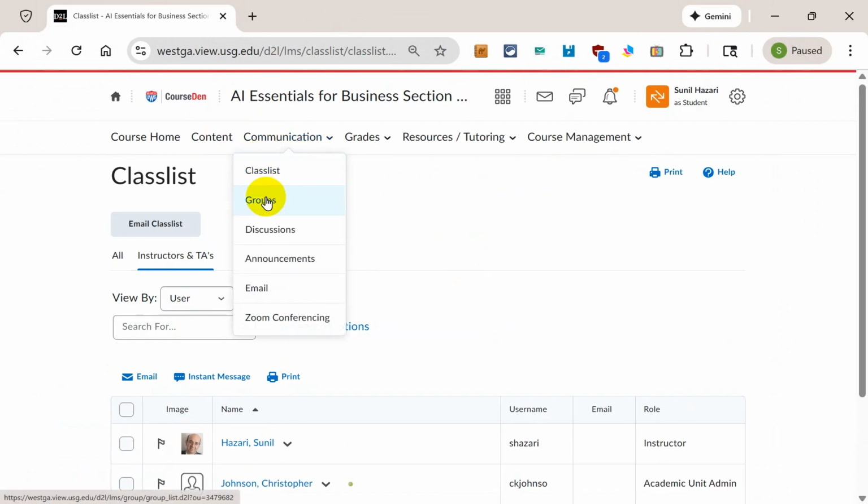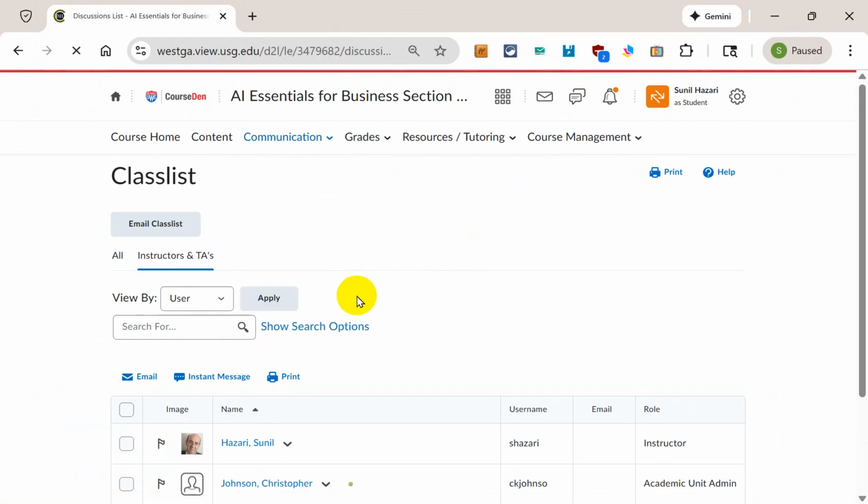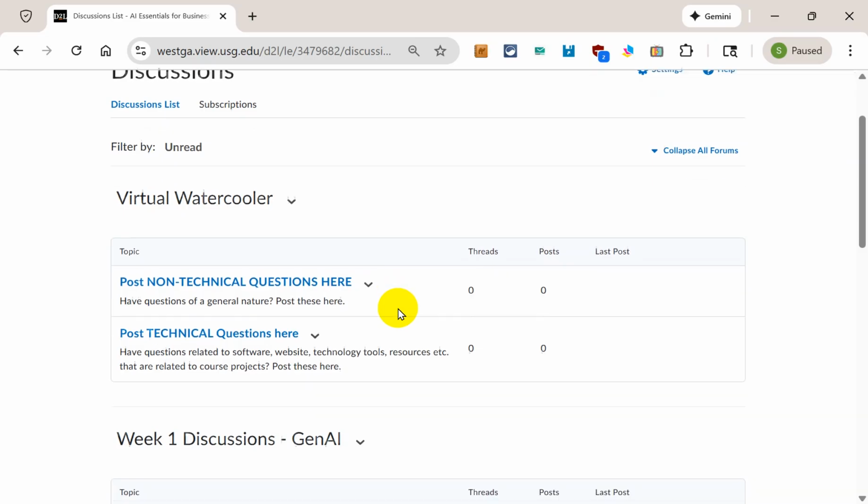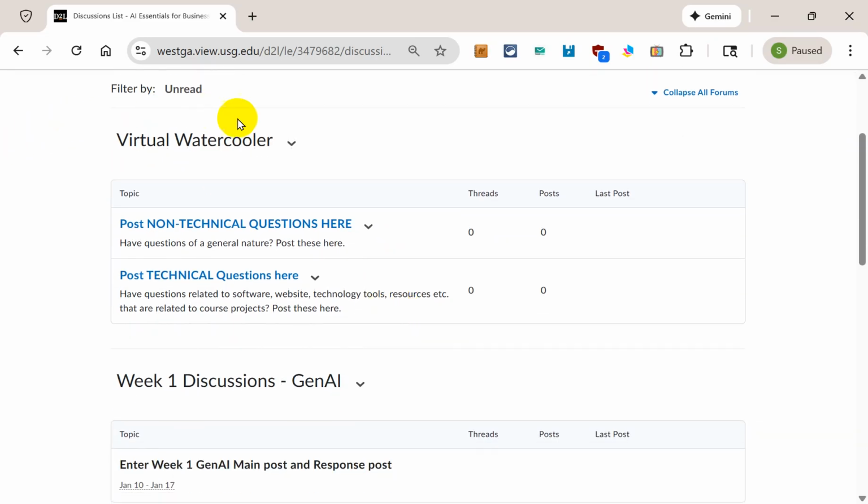Groups we don't use in this course. Discussion is just a list of discussions. First is a virtual water cooler. This is not graded. If you have any non-technical course questions, these are just general questions. If you have specific questions that relate to your personal items, go ahead and use the email, communication, class list,